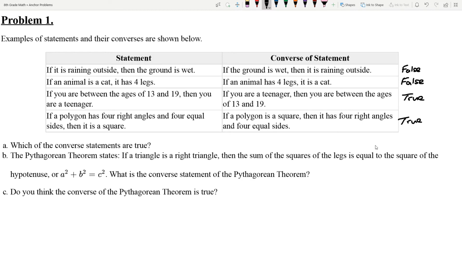Now, the Pythagorean theorem states, if the triangle is a right triangle, then the sum of the squares of the legs is equal to the square of the hypotenuse, or a squared plus b squared equals c squared. Okay, what is the converse statement of the Pythagorean theorem? Well, let's turn it around, right? So if we look and highlight different parts here,